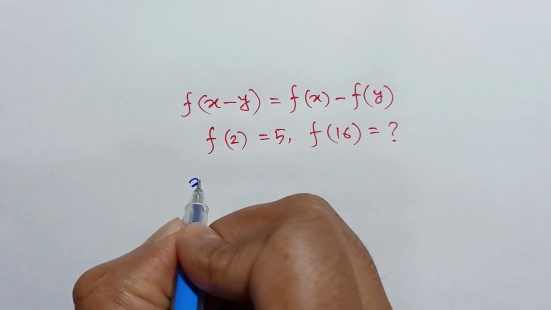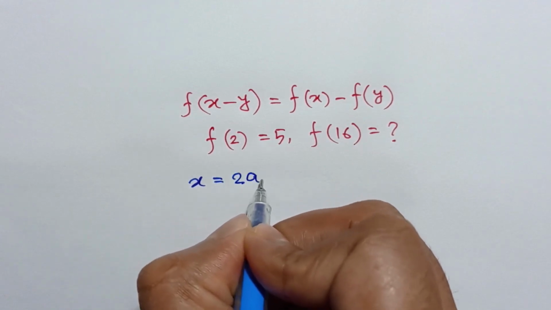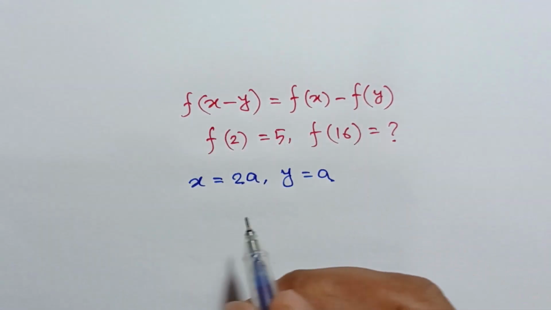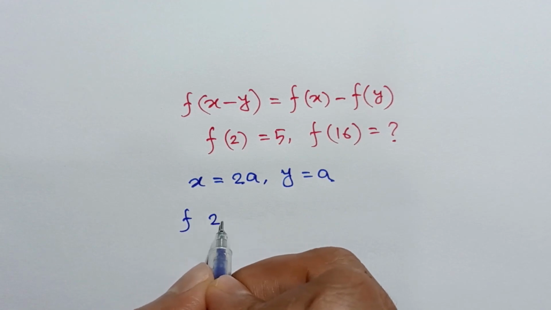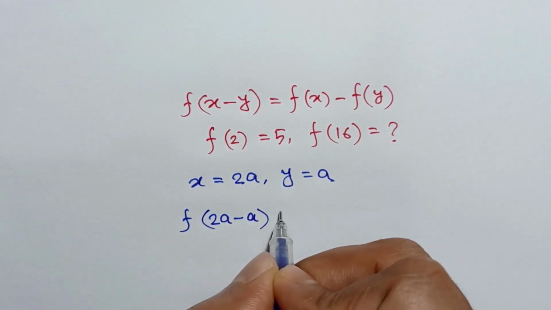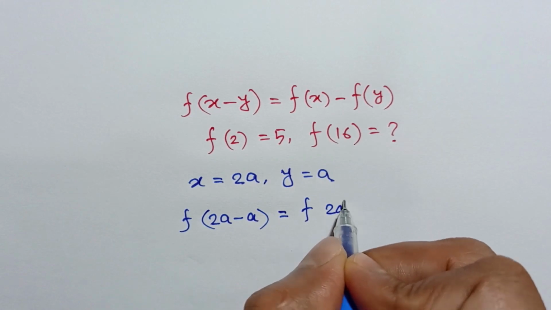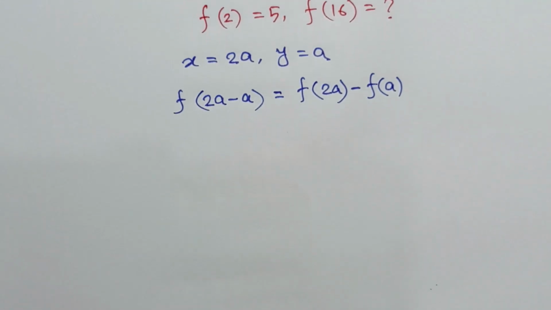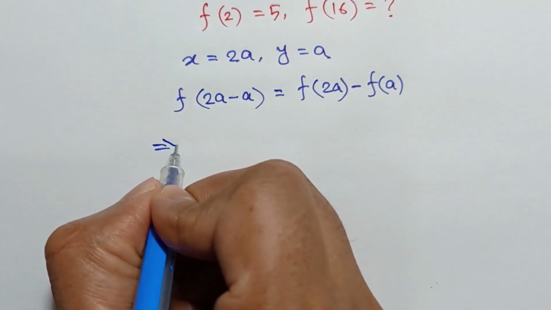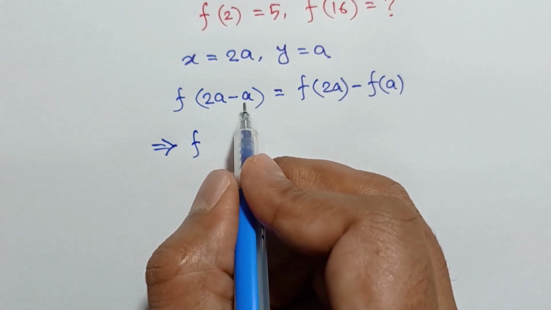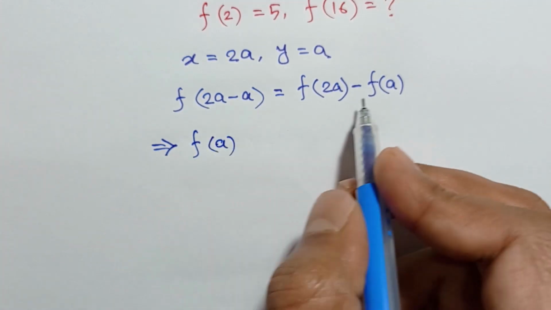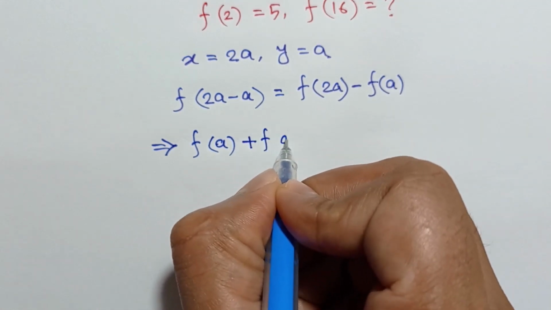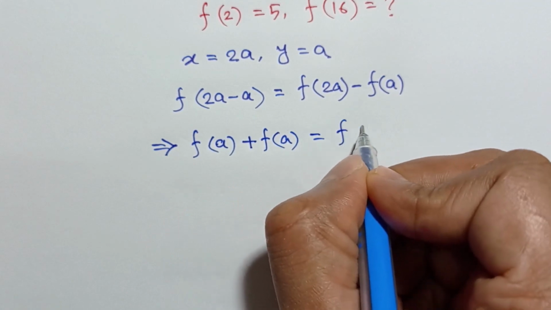Let's substitute x equal to 2a and y equal to a in the given function. We will have f(2a - a) is equal to f(2a) - f(a), or f(a) is equal to f(2a) - f(a), and taking this f(a) to the left side we can write f(a) is equal to f(2a)